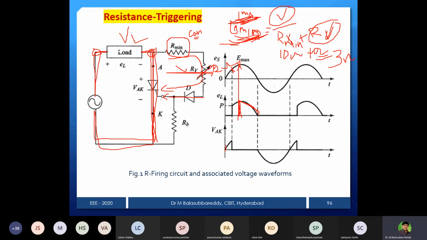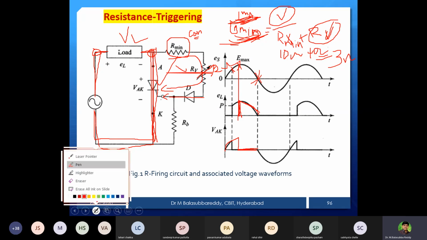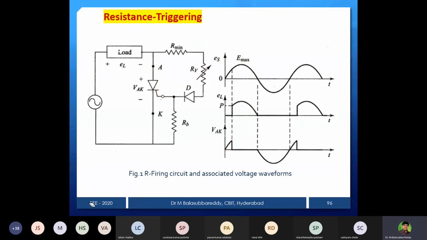And how long will it conduct? Once again, when it reaches pi, natural zero will occur and the thyristor is going to open. Like that, we are able to control the output voltage, as well as the firing angle,